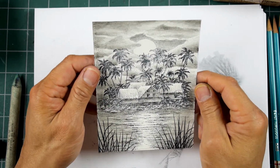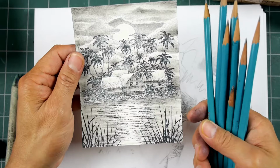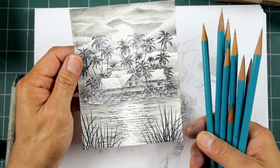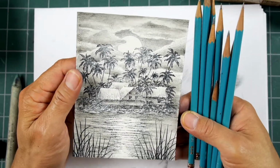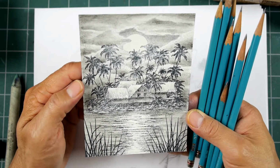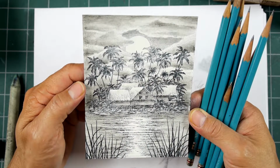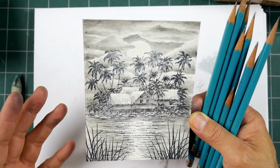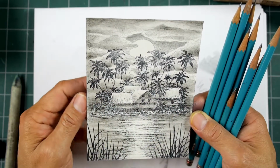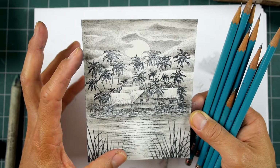I just wanted to play around with some graphite pencils of mine. I haven't used these in years, and I got the idea to play around with it a little bit, working with some of the tools in a volunteer school art course. And I wanted to see specifically how these graphite pencils would look done in a monochromatic